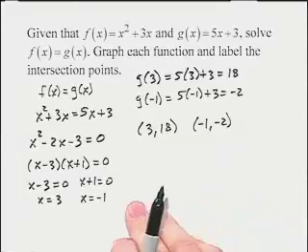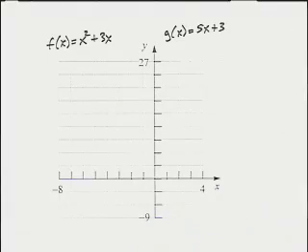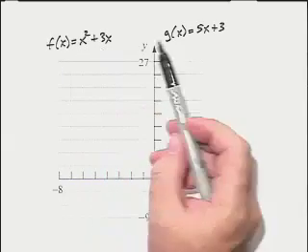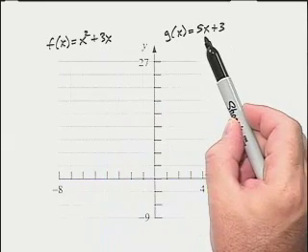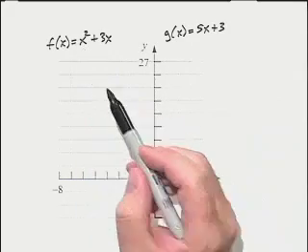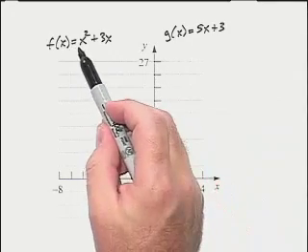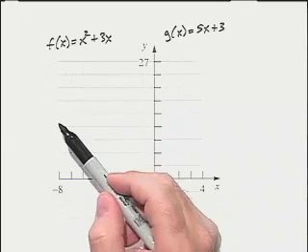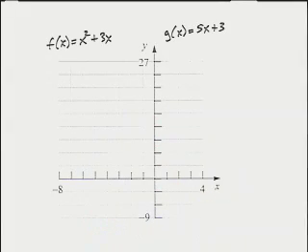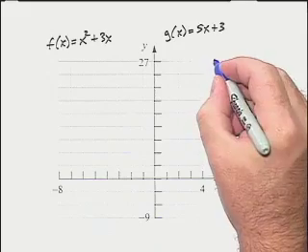I'm going to go ahead and graph each function now. We want to graph f of x equals x squared plus 3x, and g of x equals 5x plus 3. To graph the function, we could do this by plotting points: pick some values for x, plug them into the function, get points on our graph, and then connect the dots. For f of x,